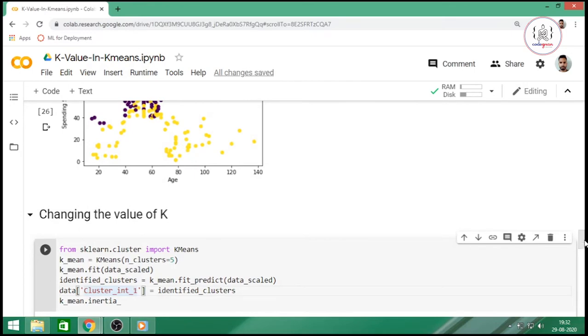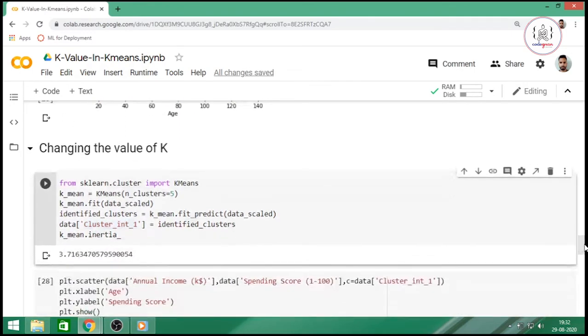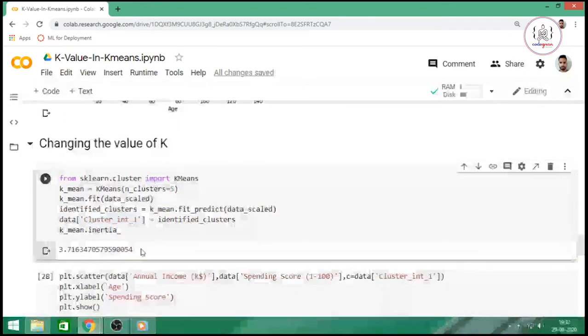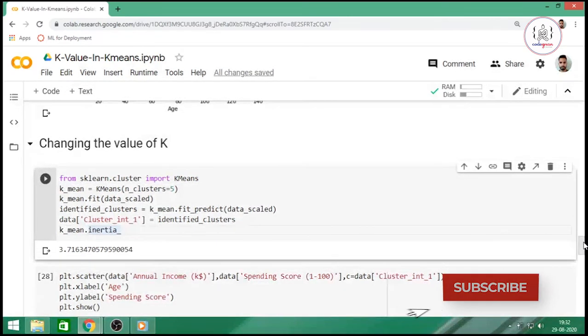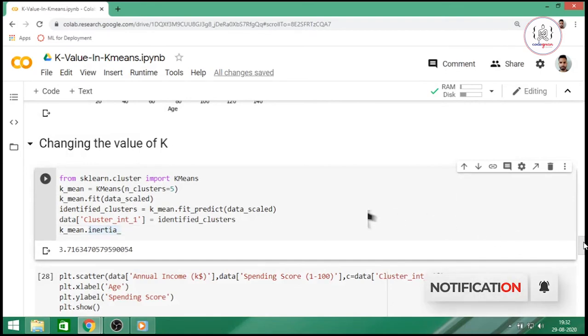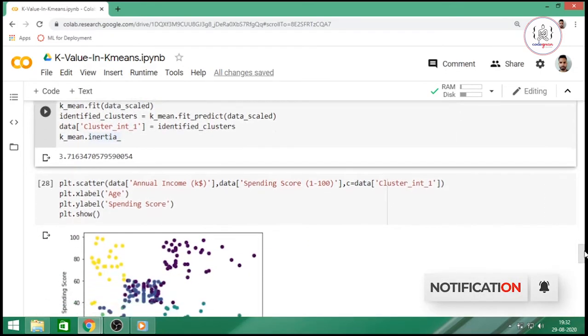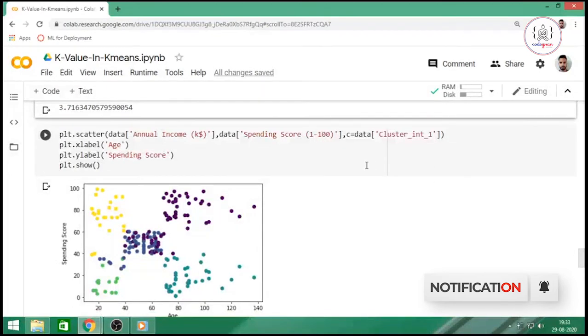This feature or column has been created, and this time if you check, the inertia has also been reduced. So as you increase your k value or n_clusters, your inertia is going to get reduced. But let's see how good this clustering is working here.